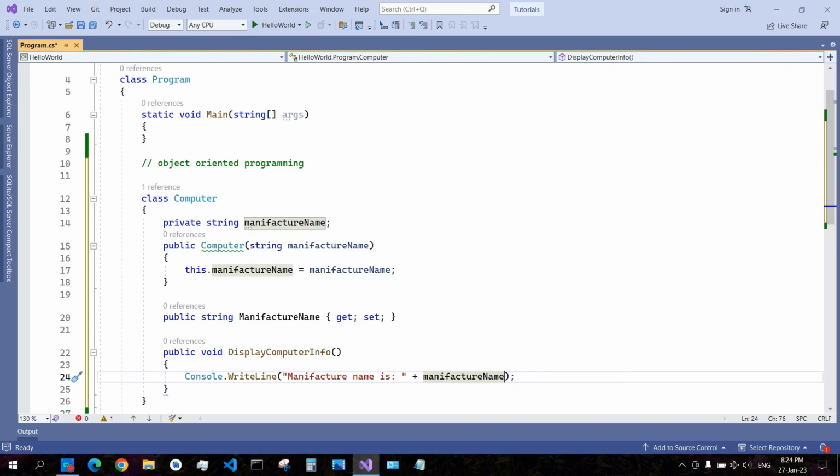So you don't have to use the keyword this to access the attribute or the field inside your